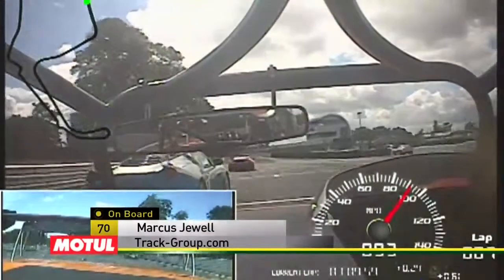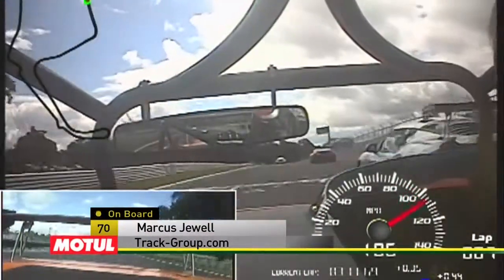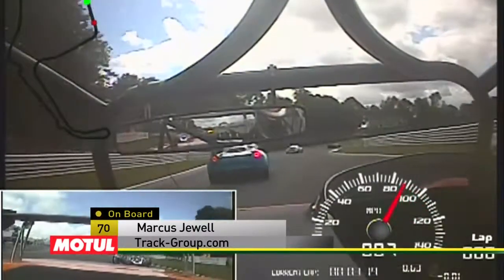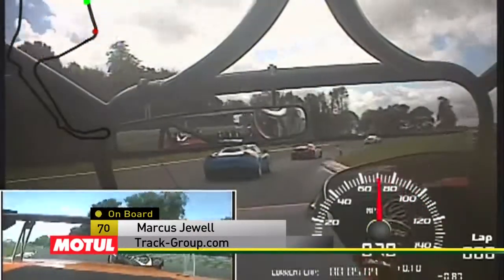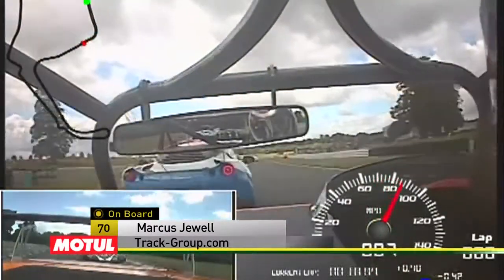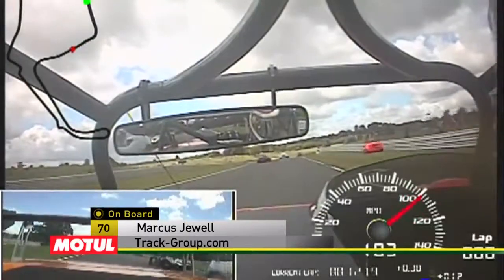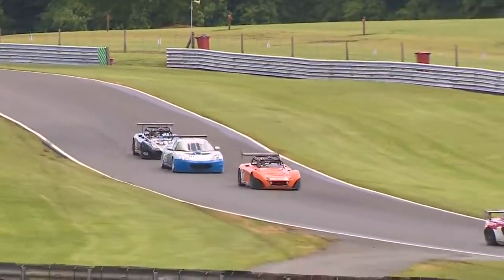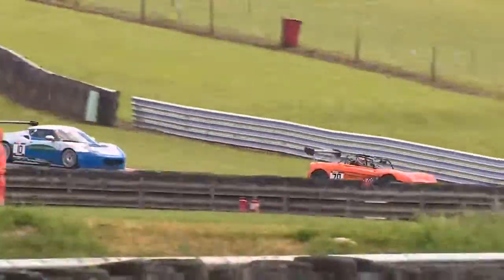Racing gets back underway, and Marcus Jewell already anxious to try and move himself clear of Andrew Bentley as they sprint towards Outlon once more. Be mindful of the incident that brought out the safety car, and therefore not run too wide. And Jewell gets the exit, propels himself past the big Evora of Andrew Bentley, leaves him into the clutches of